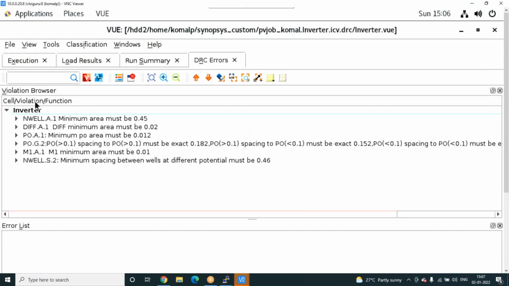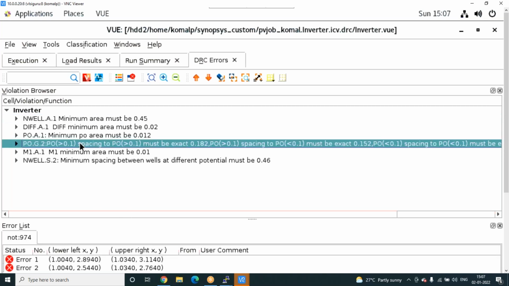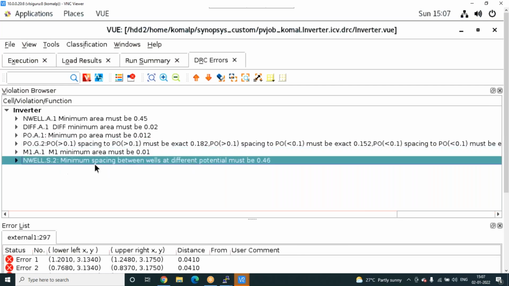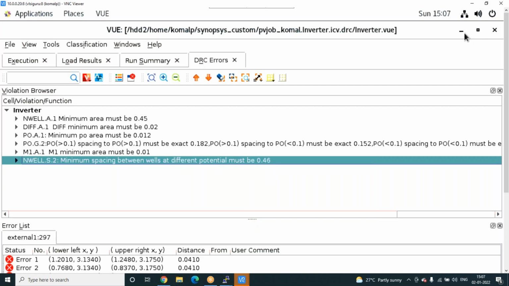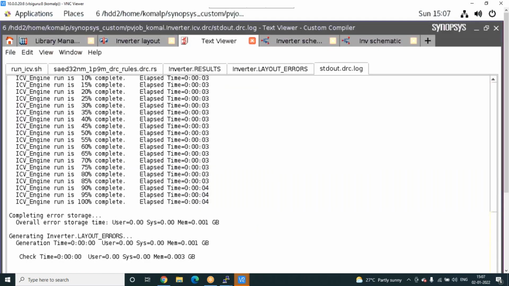DRC means design rule check. So you will see these are the errors. So many errors are there. Which errors, and how to clean these errors? Select one error: minimum spacing to well of different potential 0.46. I'll just highlight. If you highlight, it will show you where this error is showing.